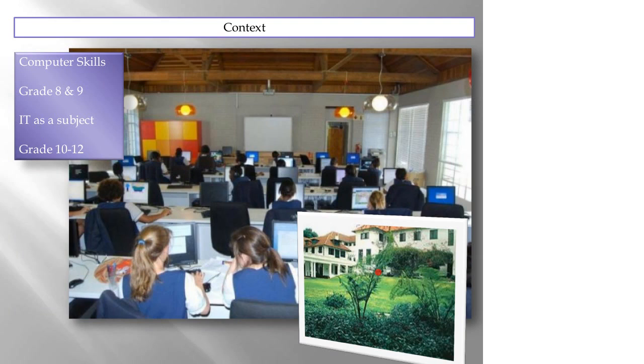And amongst girls, we have very few girls choosing to do IT as a subject to matric. I think you can see from that picture, it's quite a privileged school, a very well-resourced school. And our student body comes to the school largely because it is seen as an academic school. Our rival schools are seen as more sporting schools, and the reason they're here really is for the academic excellence.